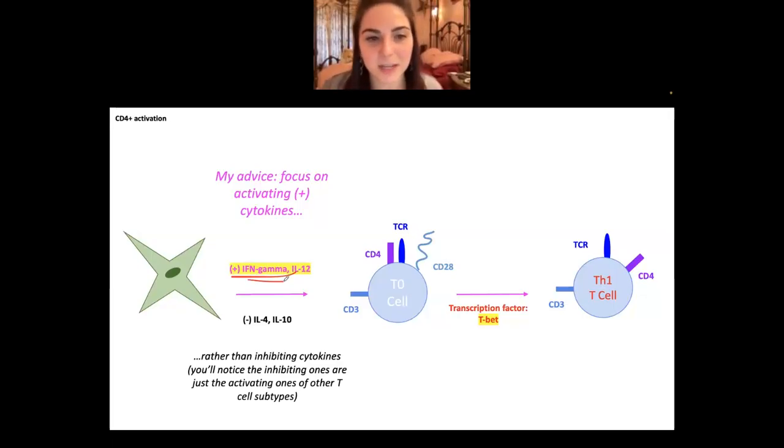So if the APC is going to give interferon gamma and IL-12, then the T cell it's interacting with is going to upregulate the transcription of the transcription factor